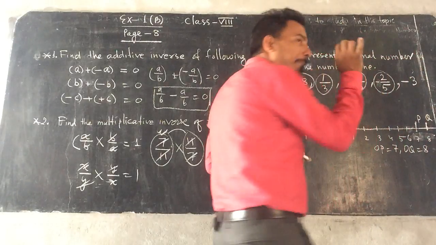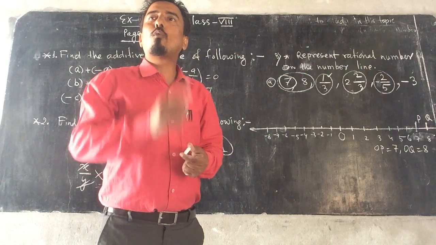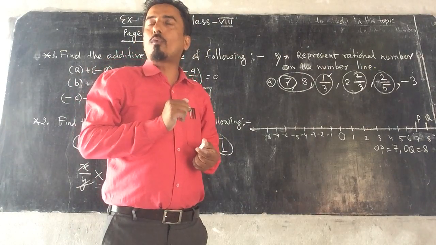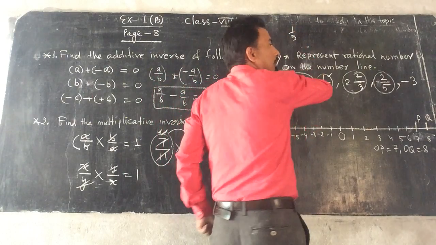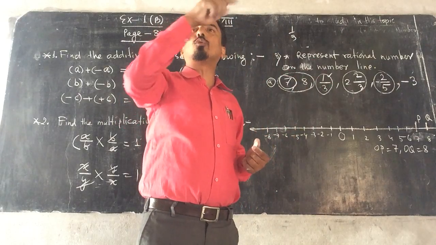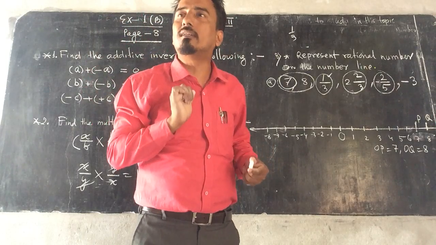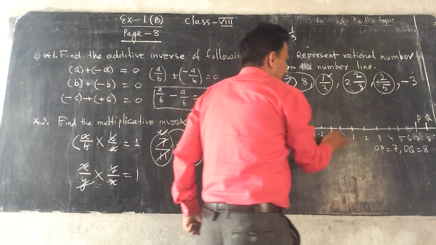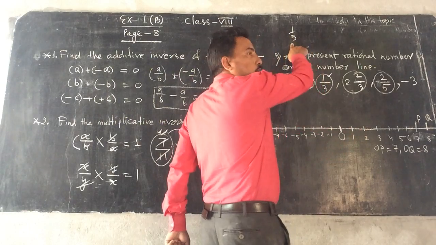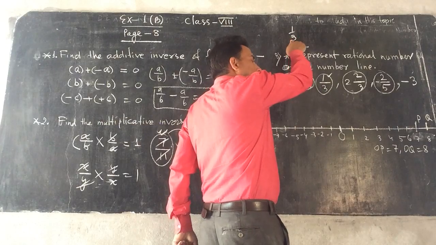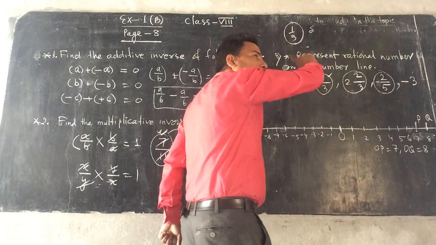Now representing a fractional number is a bit difficult, not so difficult, but a bit difficult. You see here, how much is it? 1 by 3. 1 by 3 means 1 part out of 3 parts. It is less than 1. Remember, 1 by 3 is less than 1. If you break one chapati into 3 equal parts, then one part of the chapati is known as 1/3. You just see here, it is 0. From 0 to 1 it is whole 1. Is it whole 1? No, it is not. It is 1/3 of whole 1, 1/3 of the total.